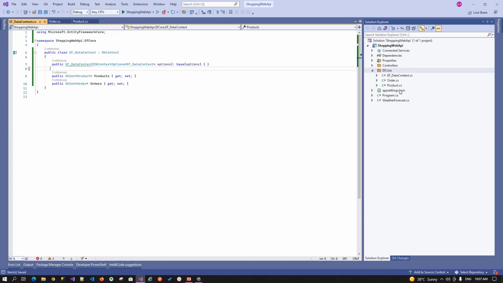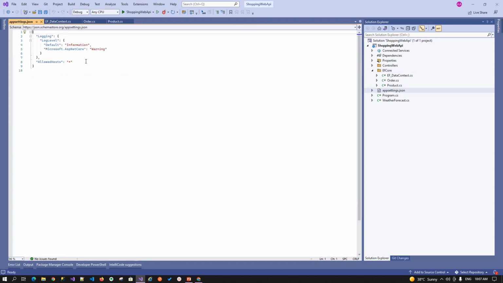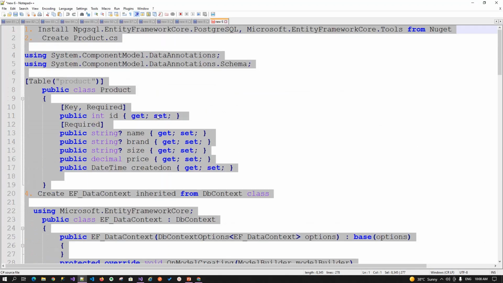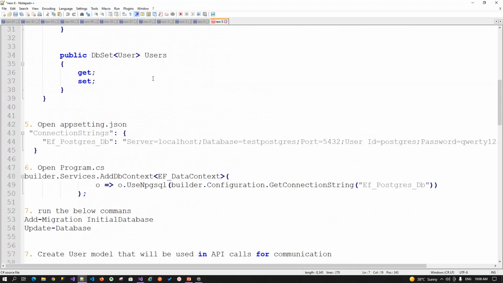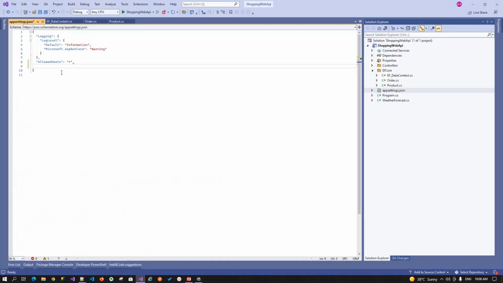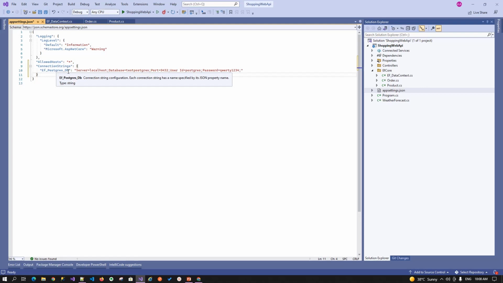So next step is to open your appsettings.json file, where we have to mention our database connection string. So quickly copy this. So here we have to pass a name of the connection string, then server. I'm using Postgres as localhost, and then the database name. Let's give it as